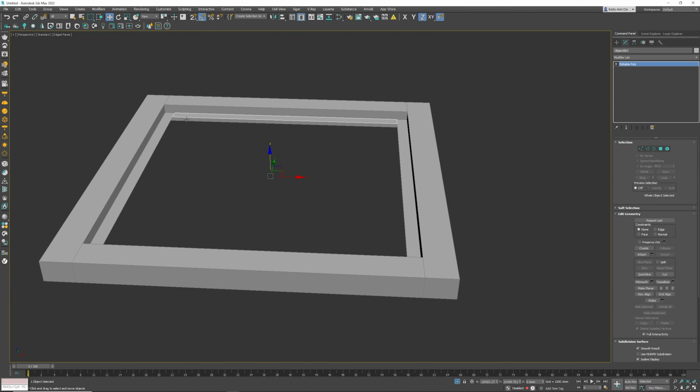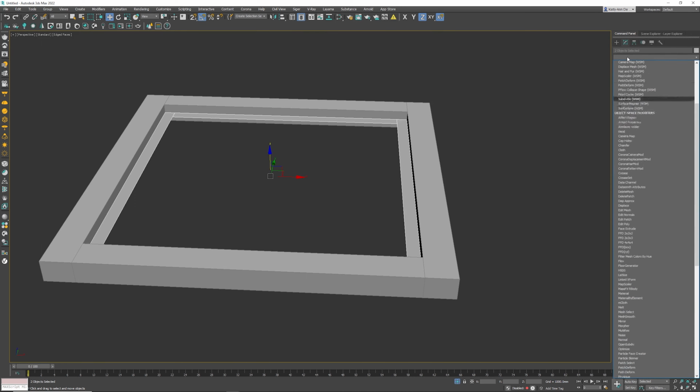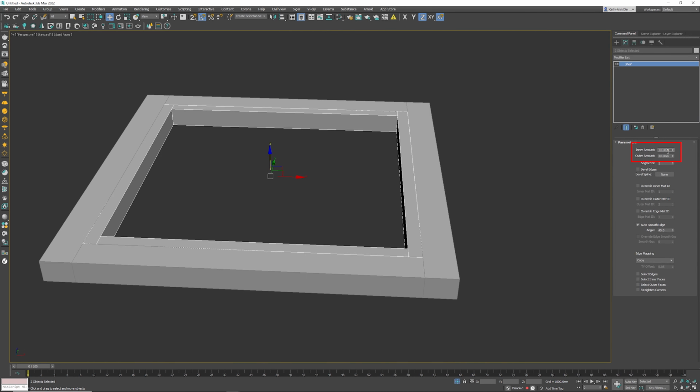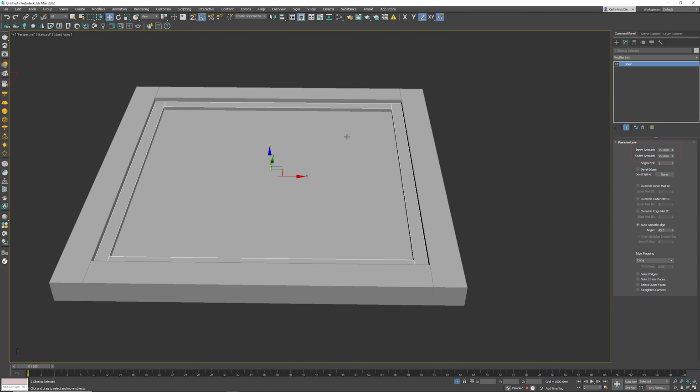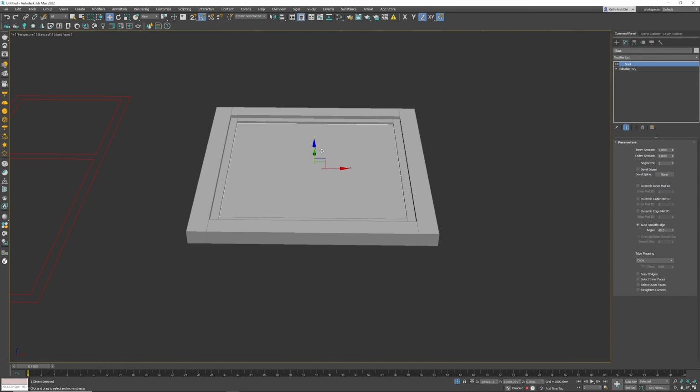I'm going to select the middle 2 frames, again same process, shell modifier. This one I want thinner, 15 and 15, because again they are smaller. Right click, unhide all. Now we've got our objects. We got our glass right over there, we got the inner frame, these 2 objects, and we got the outer frame, which is awesome. The model is actually complete and finished, because now we can rinse and repeat this model